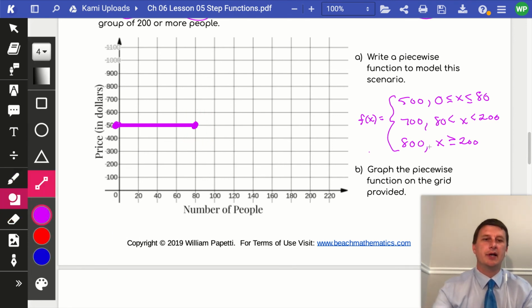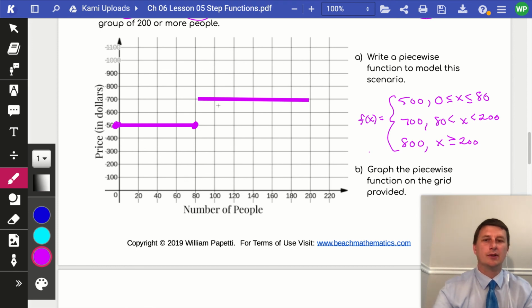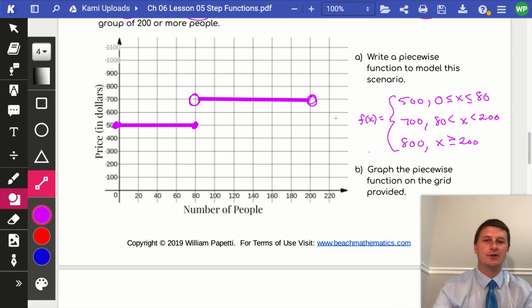And then our price goes up to $700. So I'm going to draw a horizontal line at 700 from 80 to 200 people. So I'm going to go all the way up to 200. Okay, there's my line right there. And it's not equal to either of those, so I'm going to put an open circle at 80 and an open circle at 200. And finally, I'm going to be charged $800, so I'll go up to $800,